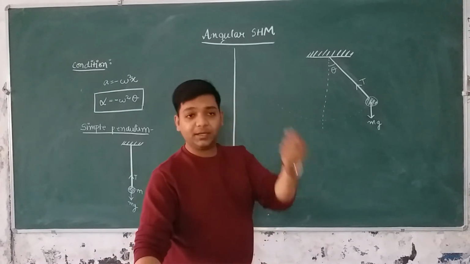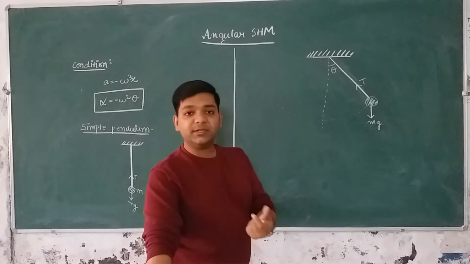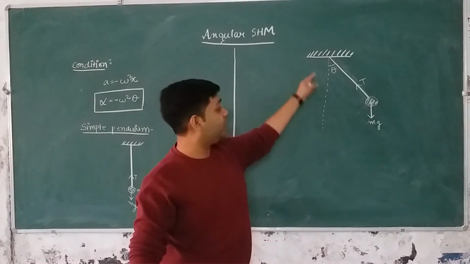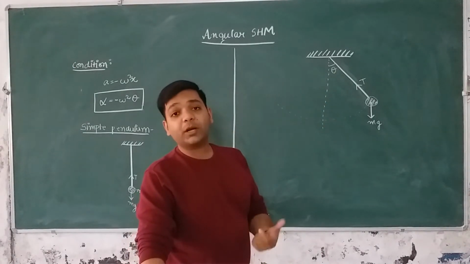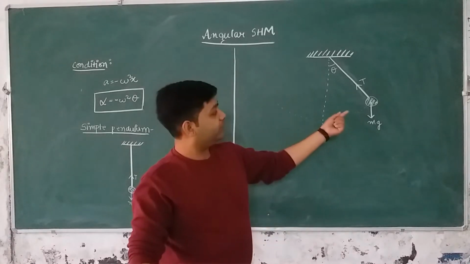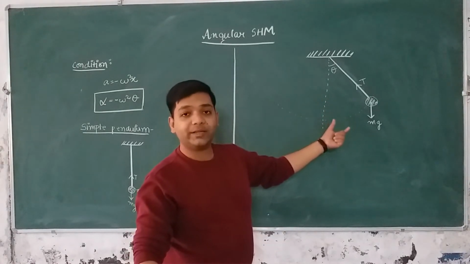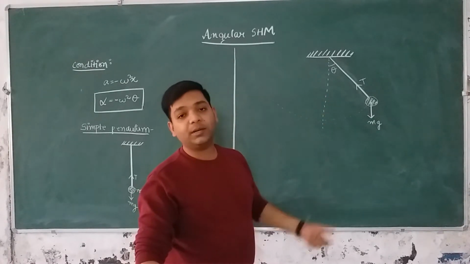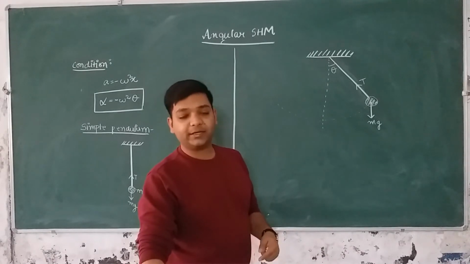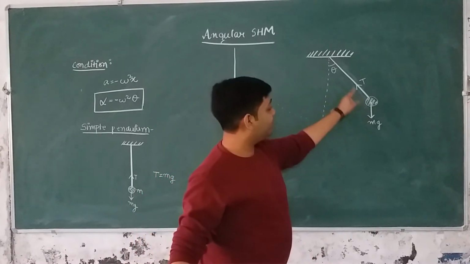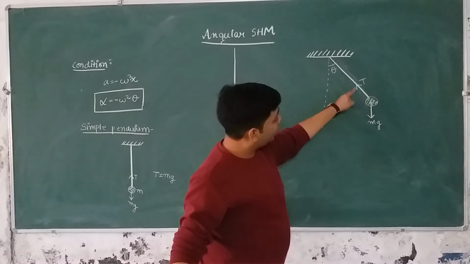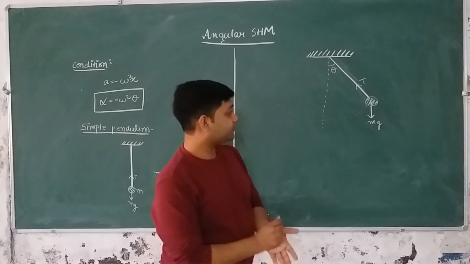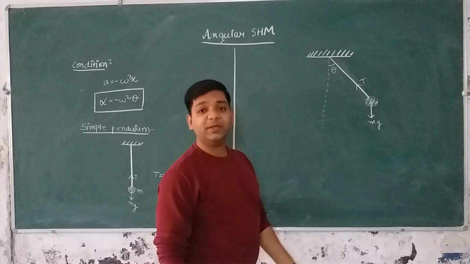Because a body can cover an angle only when some torque is acting on it, so that means there must be some torque acting on this ball, right? And where will the torque come from? It will come from some force acting on this body, and only then can a torque act on it. So if there is a torque on a body, there will definitely be some force acting on it. And here are the two forces that are acting on the ball: one is this tension T, and the other is this gravitational force mg. So these two forces must be generating the torque.